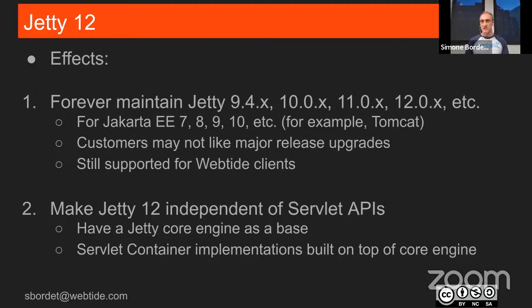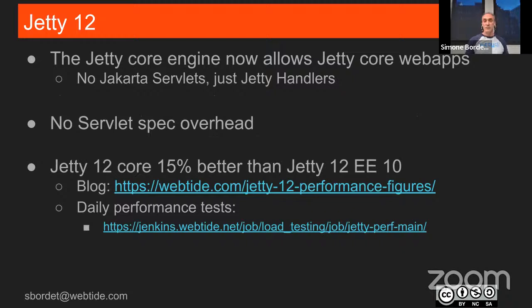So what we have done with the Jetty project was, we sat around the table and we said, okay, how do we solve this problem? Well, the solution was for us to make a core engine in Jetty that was completely independent of the Jakarta APIs, and then on top of that engine, build the specific implementation for each different version of Jakarta EE. So EE8, EE9, EE10, EE11, and then in the future moving forward from that. And so with Jetty 12, now we can deploy an EE8 application, EE9 application, EE10 application, and then 11, and 12, and whatever, inside the same server.